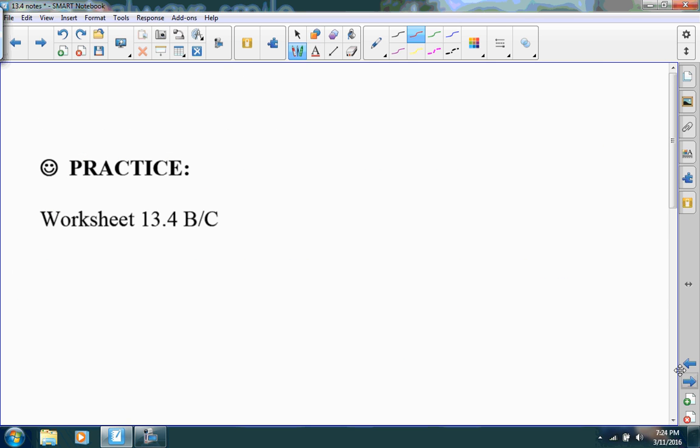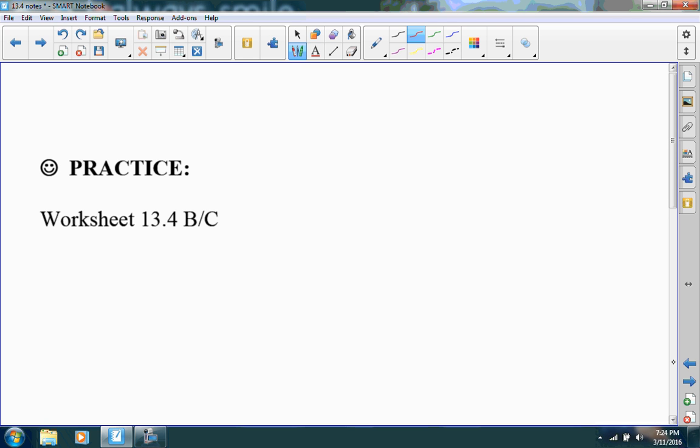Okay, so when you're going through these homework problems on the worksheet, just ask yourself, are they independent events? Are they dependent events? And you can even label them like I did on the problems. You can put I for independent or D for dependent. And then think if they're mutually exclusive or overlapping. And you can put ME for mutually exclusive and an O for overlapping. So that's a good way to help identify what type of problem you're working through